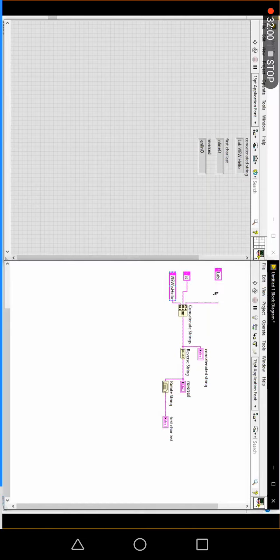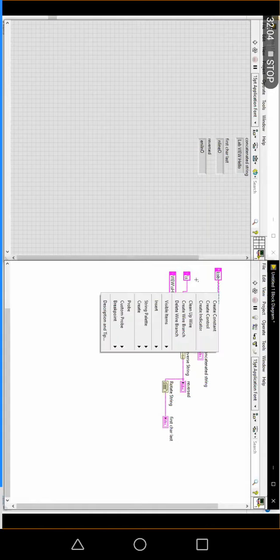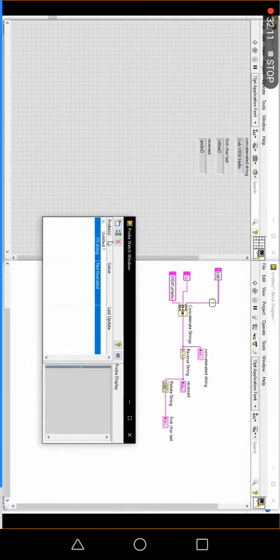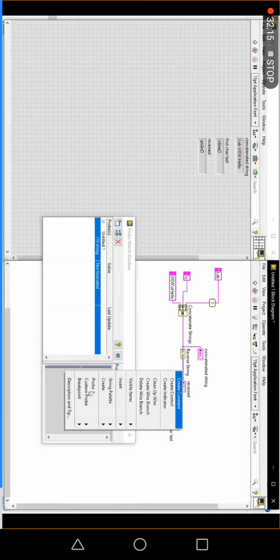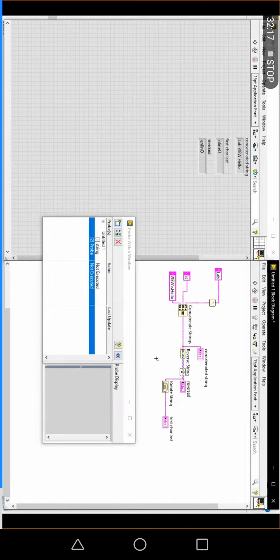To place a probe, right click on any wire and go for probe. We get a probe watch window, where you can place a number of probes, numbered 1, 2 and so on.